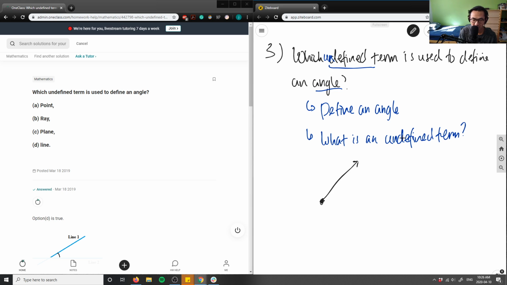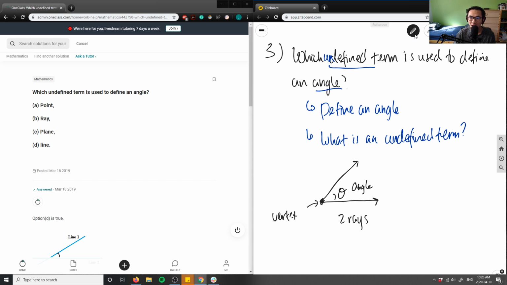And if I had an angle, for example, an angle that's less than 90 degrees, I would have two rays that are connected by this point here, which is a vertex. You can say this is a vertex because they meet together. And then this here, I can label it theta or something. This here is our angle, right? Again, this is what we're familiar with. So this is an angle.